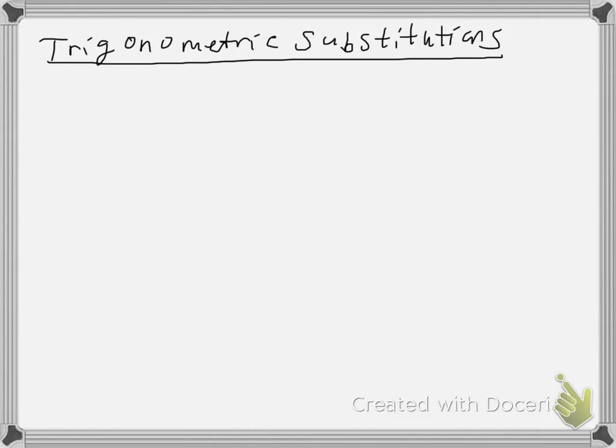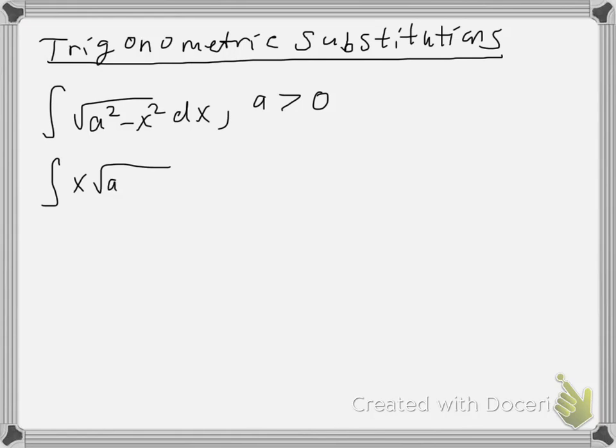In finding the area of a circle or an ellipse, an integral of the form the integral of the square root of a squared minus x squared dx arises, where of course a is bigger than 0. If it were the integral of simply x times the square root of a squared minus x squared dx, the substitution of u equals a squared minus x squared would be effective. But as it stands, this first integral that we have here